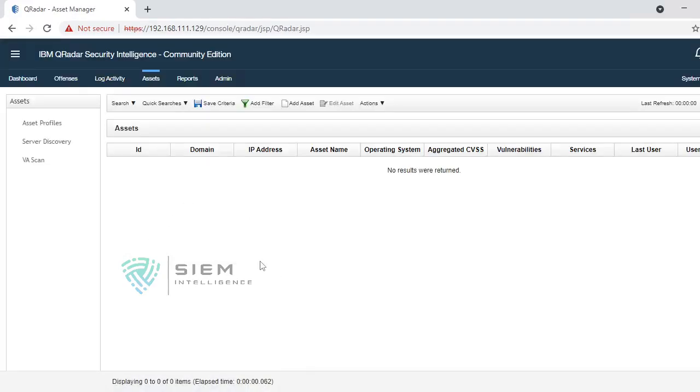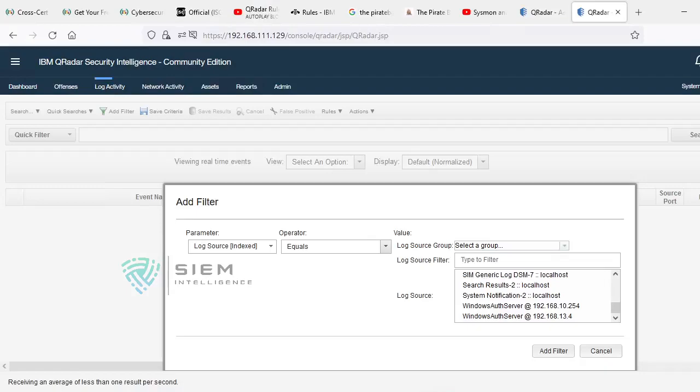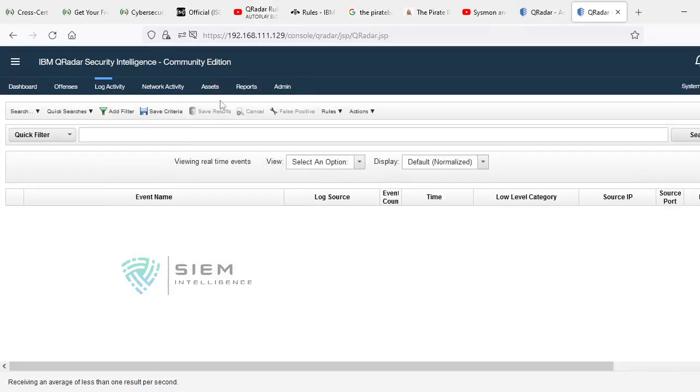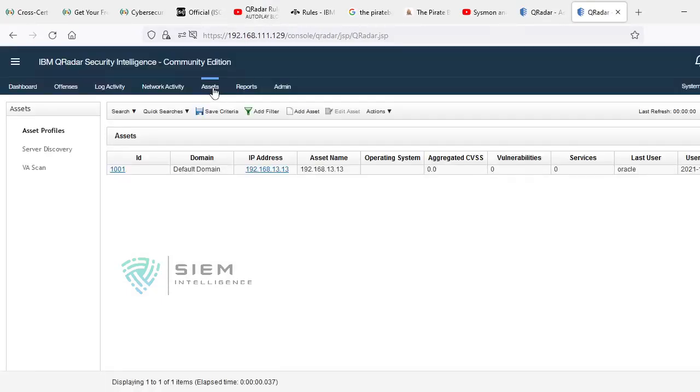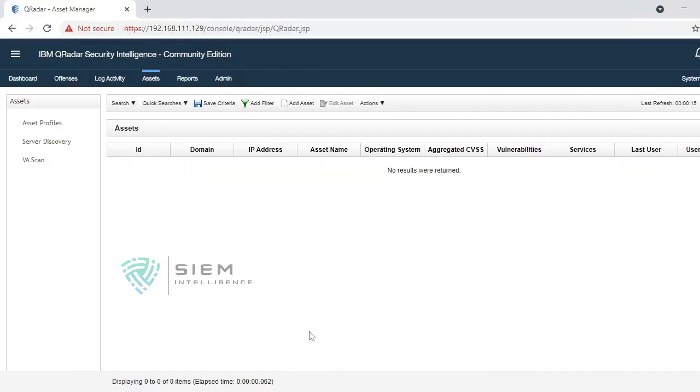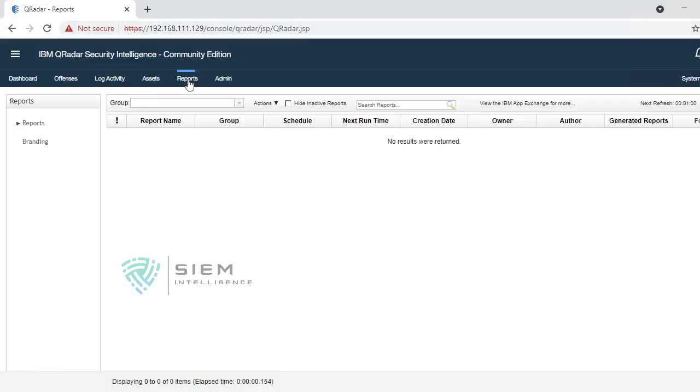And the assets also, there is no asset. Why? Because it has not yet been captured. But in my system there is one asset. This is the entire domain. There may be multiple organizations, multiple logins, and multiple organization activities. This is the default domain activity. If something reaches over here, you will get the asset in this place. Why? Because this is your organization and your domain asset only. And you will also see there are no reports.